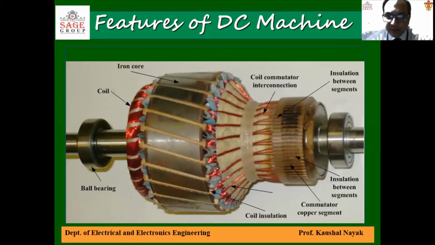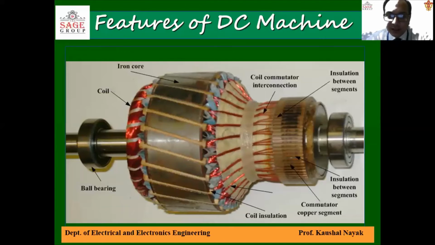Then there is a set of insulated segments of copper, which is called the commutator. Then we find a central part, which is called the armature,